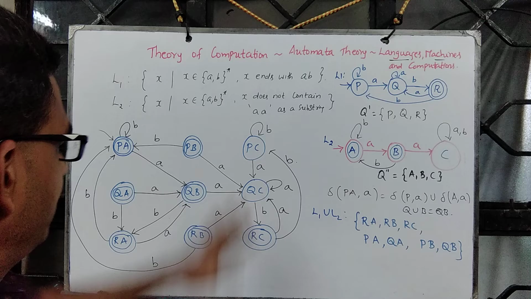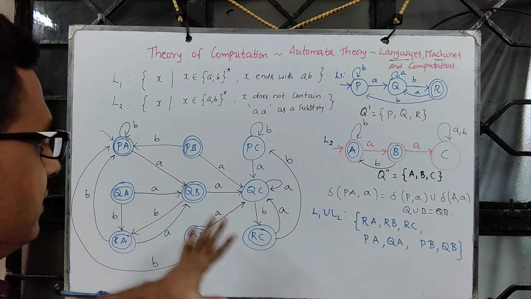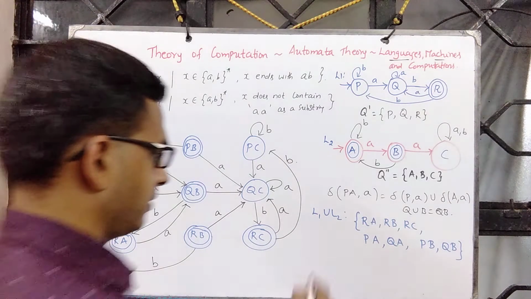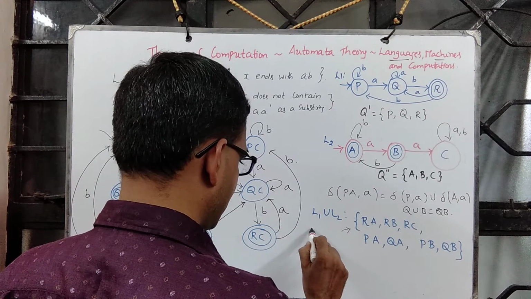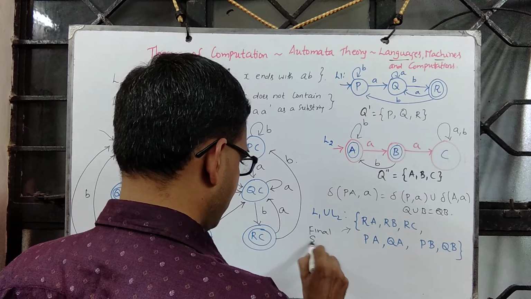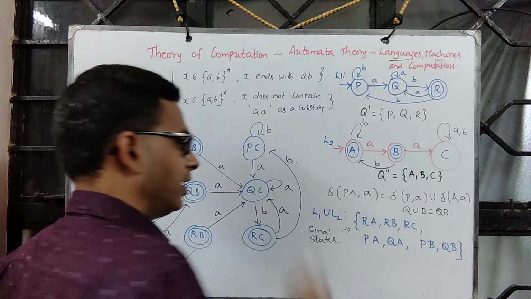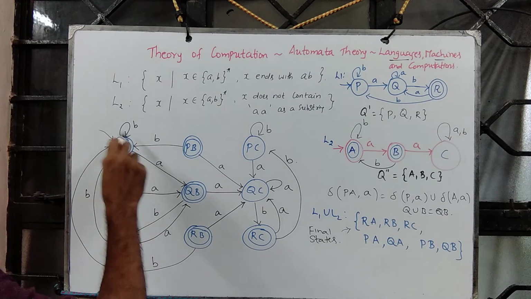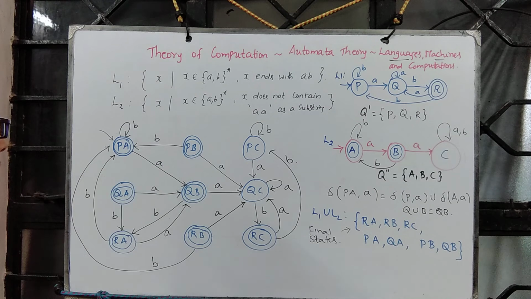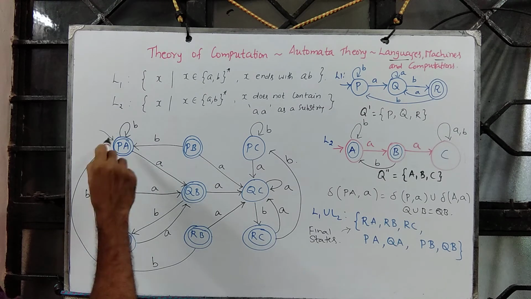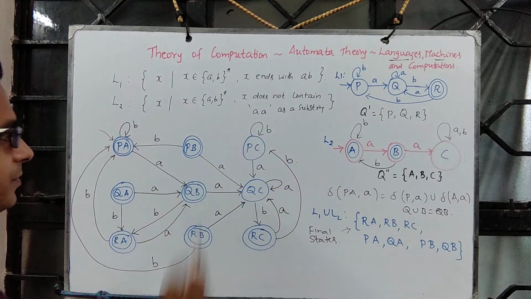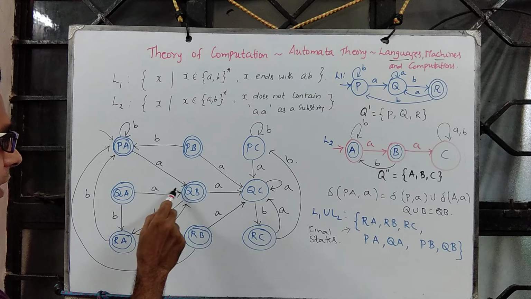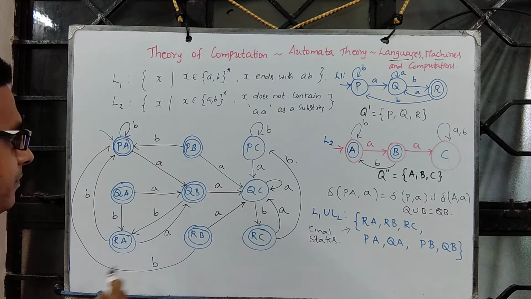Fine. So except these two, everything else is falling into the set of final states. What is this? This one is the set of final states of L1 union L2. Now suppose I continue to read a symbol here, which means you continue to read B, and that is not having AA as a substring, so that's a valid string. Or you may read A and stop, that's also a valid string.